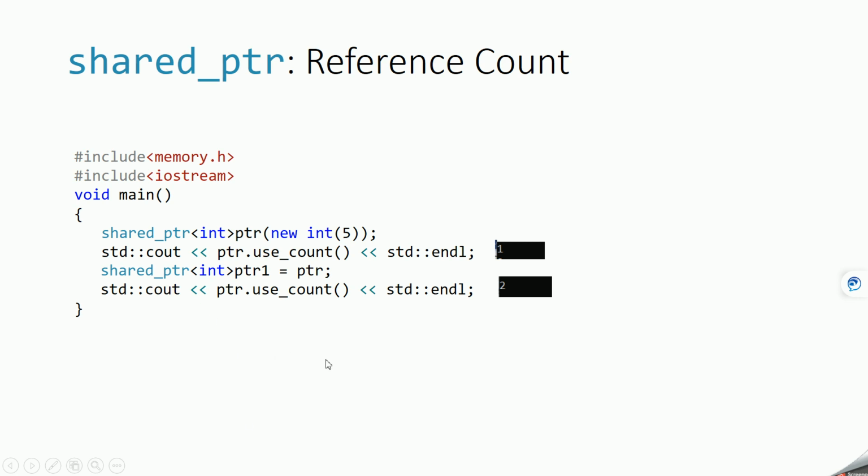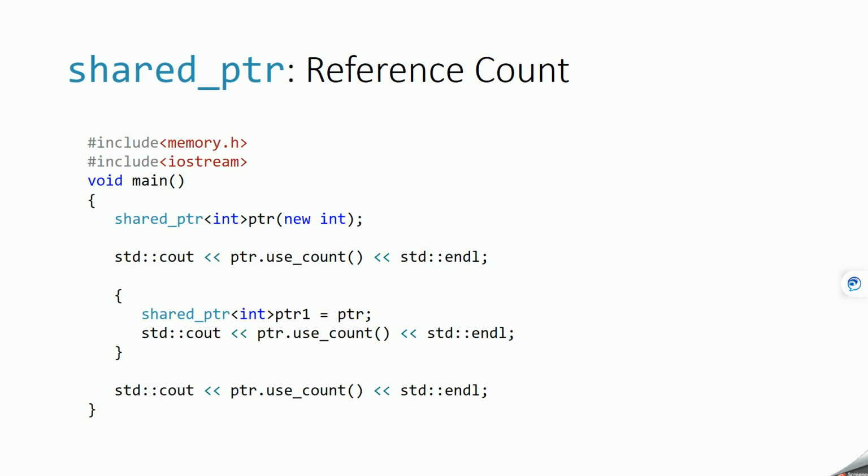Now let's see another example that also demonstrates usage of reference counting. In this program, we are creating a pointer which is pointing to some memory location. At this line of code, it will give you a reference count of 1. This use_count is used to print the reference count of this pointer, which is created using this smart pointer. Now we have open braces and close braces.